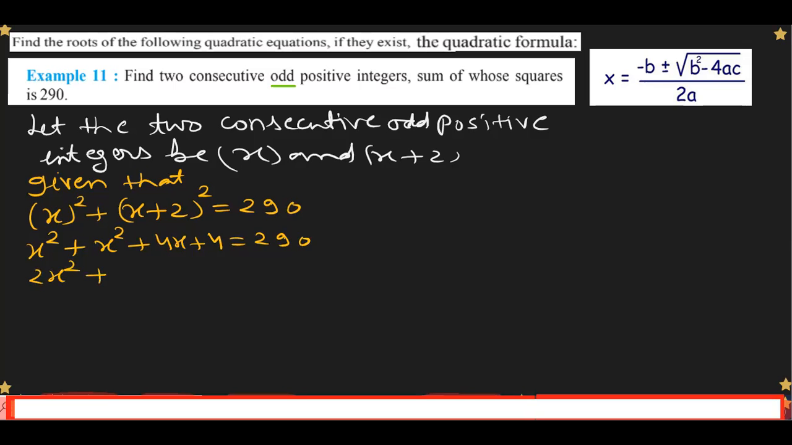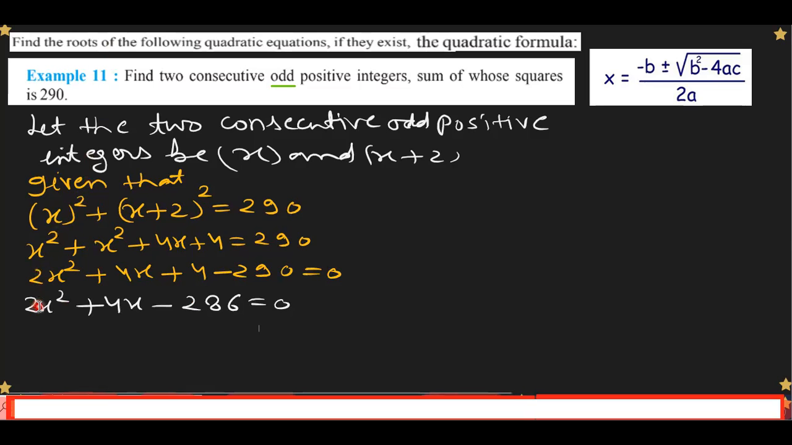2x square plus 4x plus 4 minus 290 is 0, or we can say 2x square plus 4x minus 286 is equal to 0. यहाँ पे देखिए, इसमें लेफ्ट हैंड साइड वी कैन टेक 2 एज कॉमन। जितना ज्यादा सिंप्लीफाई करेंगे, इट विल बी इक्वल मींस इजी फॉर यू।